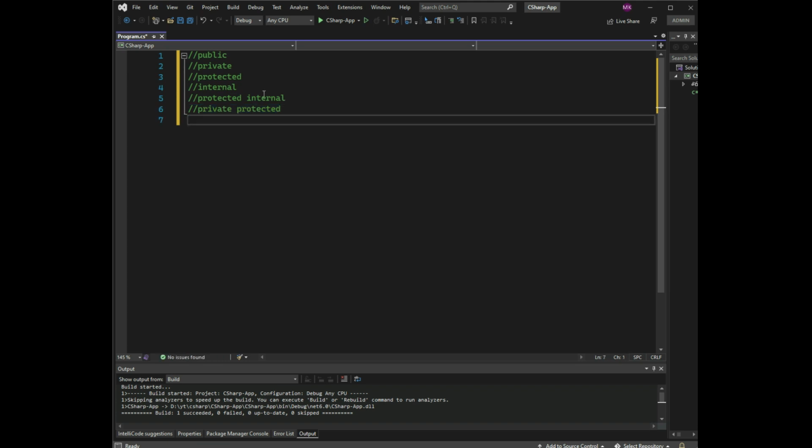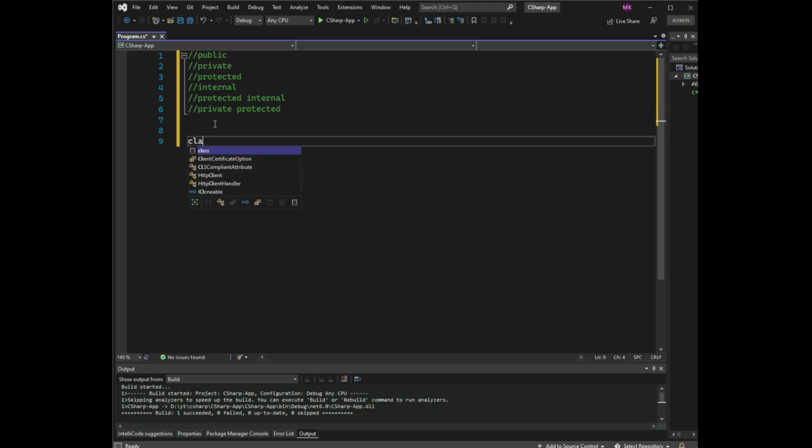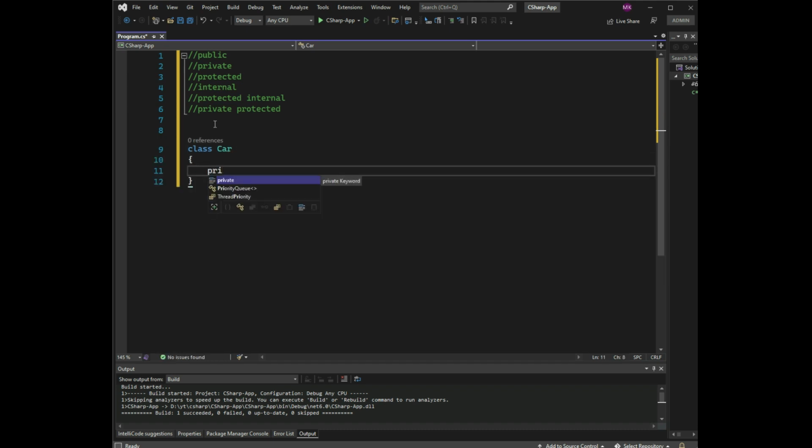For now, let's focus on public and private modifiers. Private modifier. If you declare a field with a private access modifier, it can only be accessed within the same class. For now, I create a class Car and add a field private string model equal to Mustang,